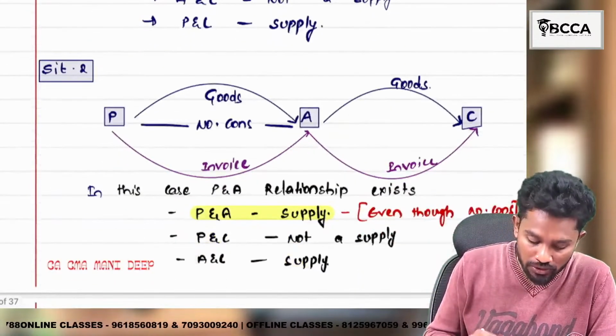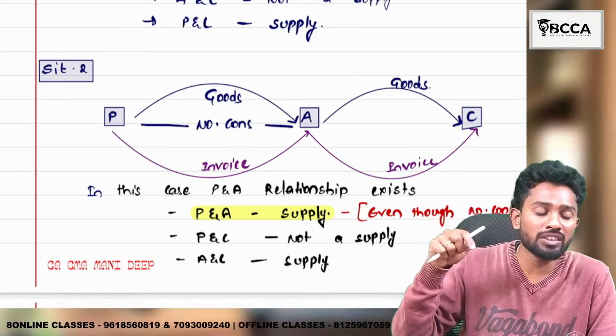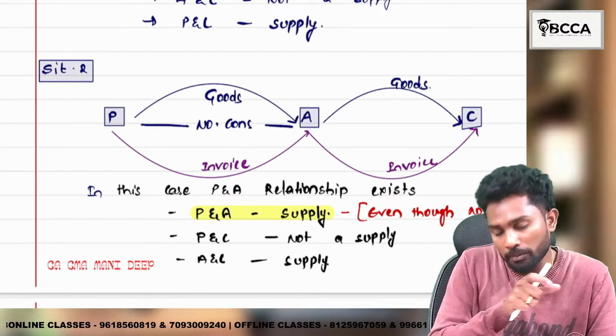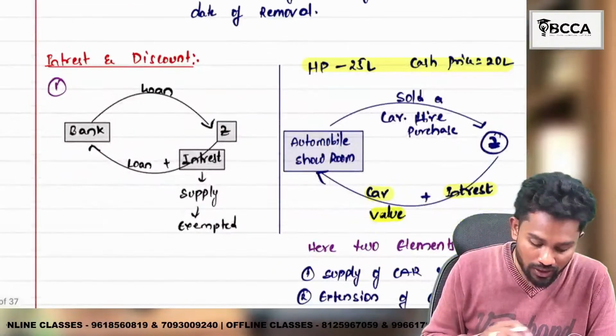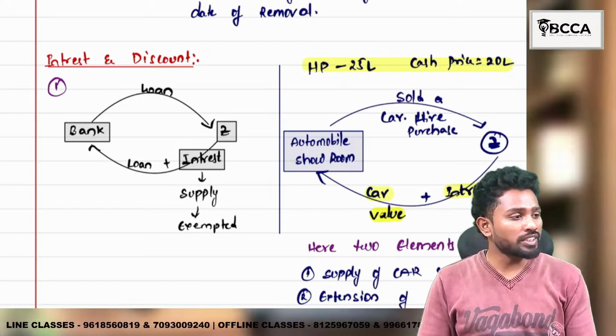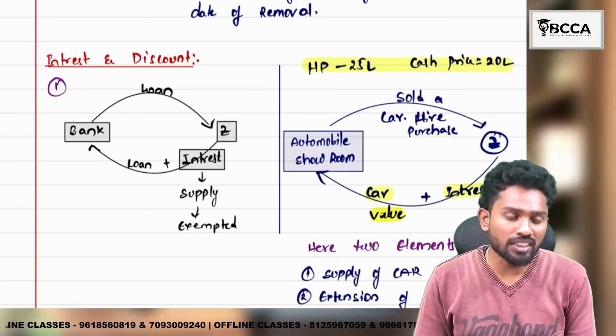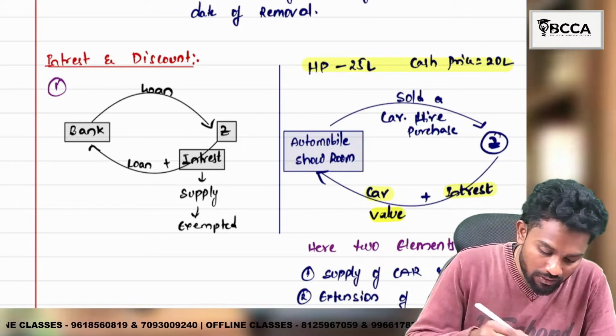Next, situation 2: principal raises invoice in the name of agent and then again invoice is raised by agent in the name of customer. Then between principal and agent also it's a supply even though there is no consideration. Then we have discussed interest and discount. Interest and discount is exempted, that discussion has already happened. The extra point which is relevant here is